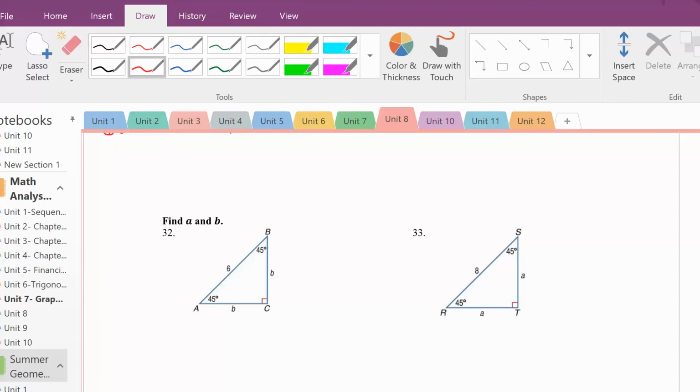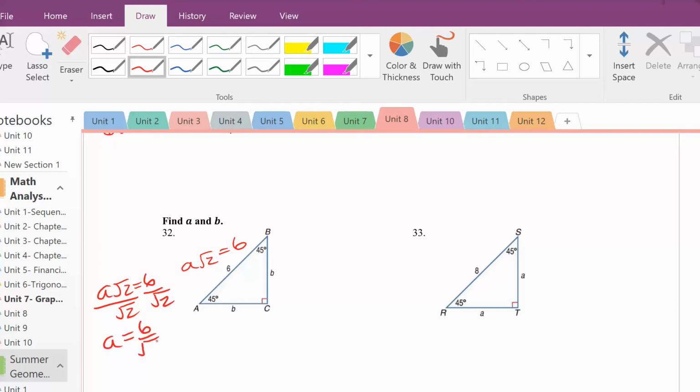All right, so here we want to find both A and B. So here B is a leg. So since we know A rad 2 is equal to 6, all we have to do is divide. So if we say A rad 2 is equal to 6, we divide by rad 2 to get A equals